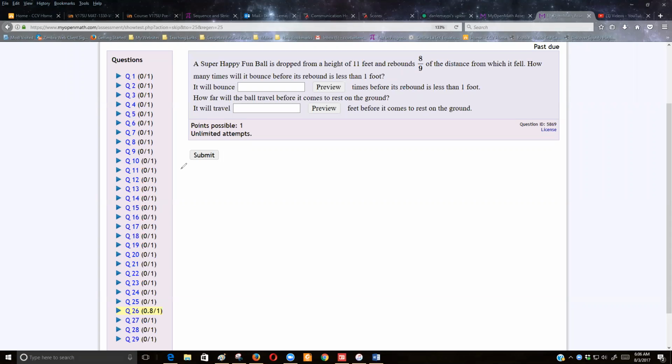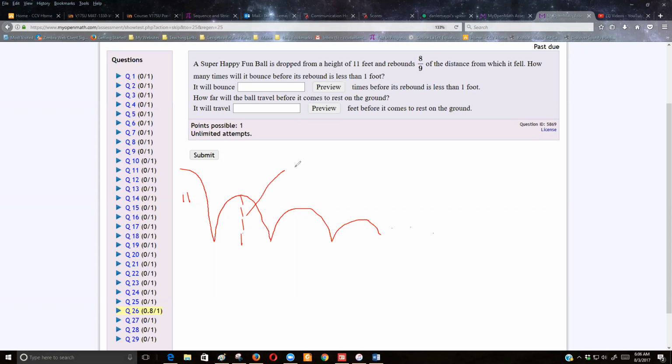That ball initially falls 11 feet, and then it rebounds 8/9 of that distance. Then it rebounds again 8/9 that distance, and 8/9 that distance, and so on and so forth. So this is 11 feet. Don't even worry about the 11 feet yet. What we do have to worry about is the first